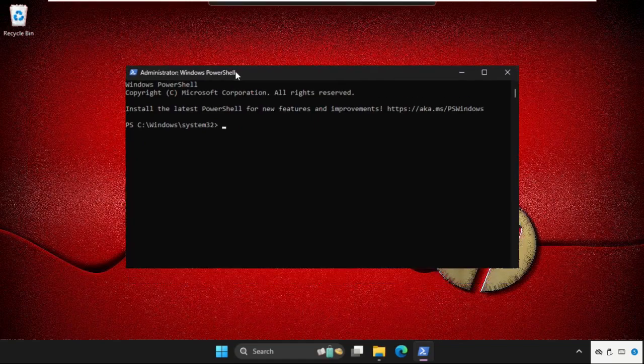So type in net user administrator /active:yes and hit enter. So the command completed successfully, and then we need to execute the next command, that will be